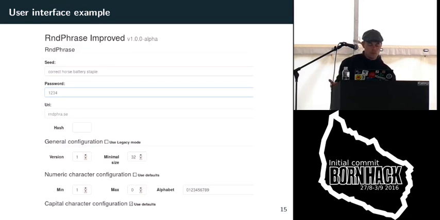The web page right now resets the password field every time that you go away from the tab, such that nobody can just come along and grab your passwords as long as you tab out. And then you use some sort of URI or some place that you want. For instance, this is the domain of where I've grabbed it from.